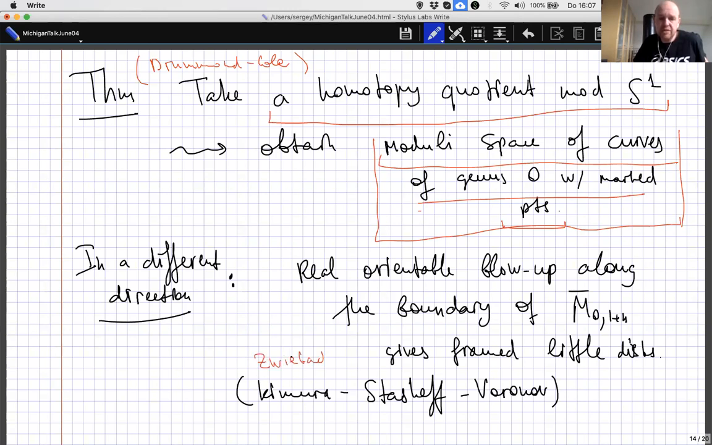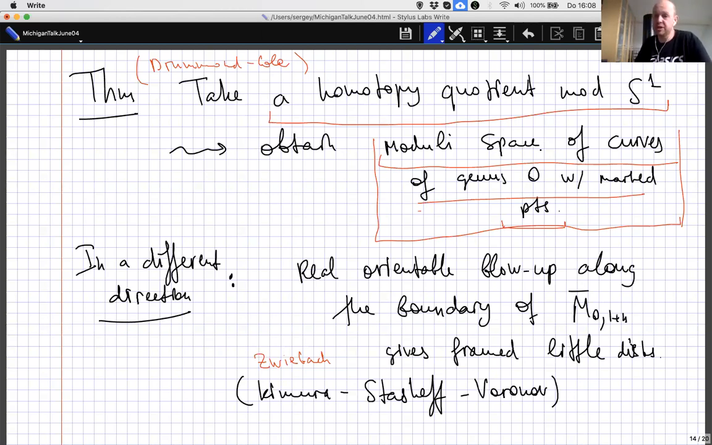So if I would do this, what I would get is exactly these framed little disks that I just discussed, right? So there are two ways. Homotopy quotient moves me from framed little disks to the moduli space of curves of genus 0 with marked points, and the real oriented blow-up gets me back from the moduli space of curves of genus 0 with marked points to